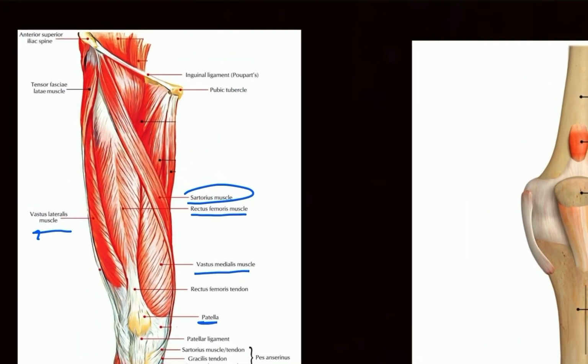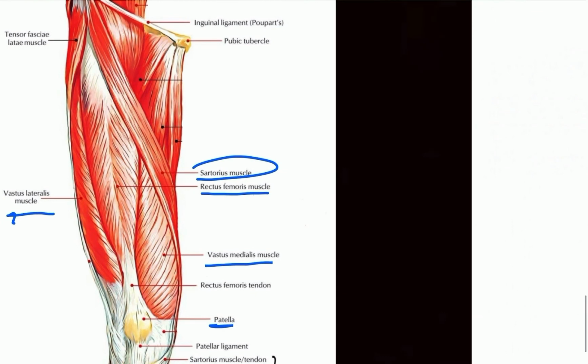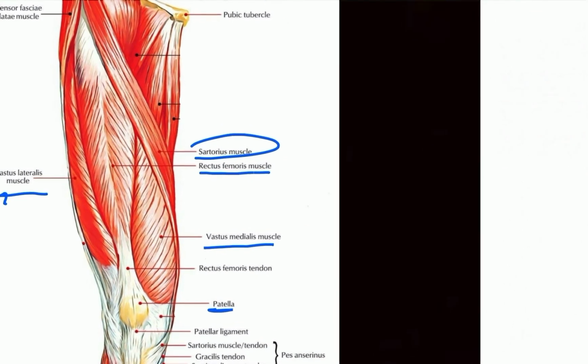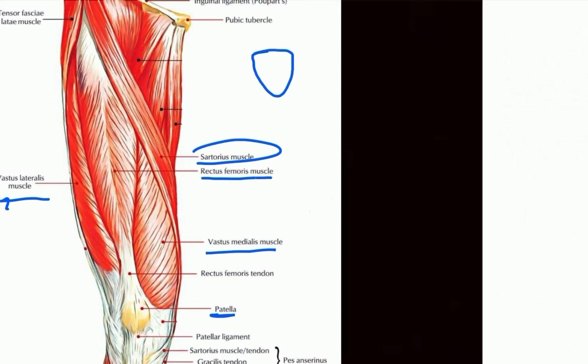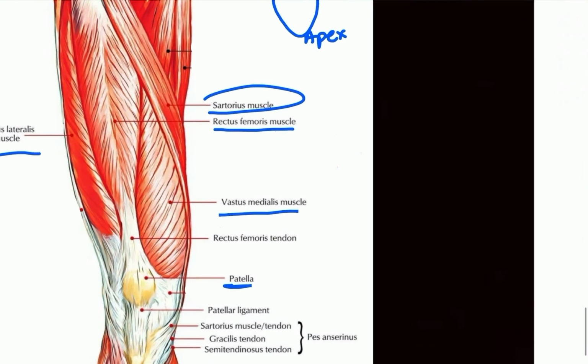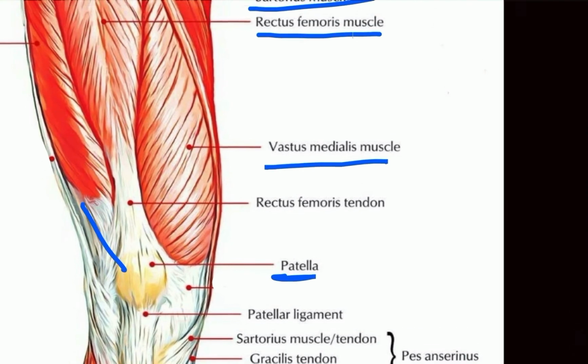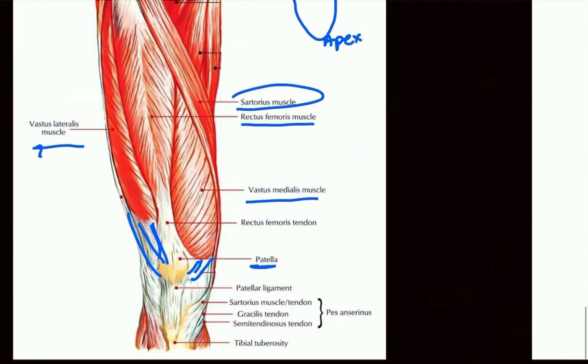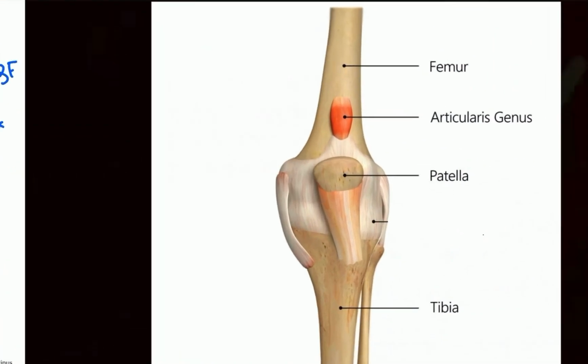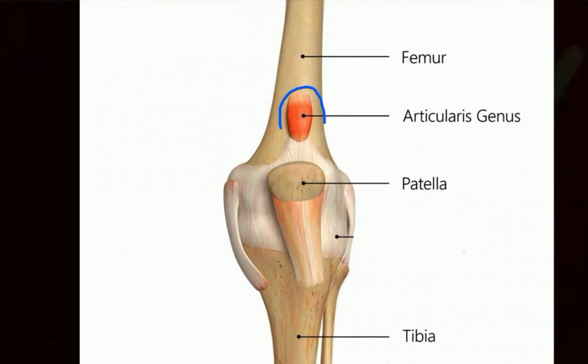And one more thing, you must know is that when we were doing patella, I said you that quadriceps femoris tendons will attach to the base of the patella. So we've drawn this patella like this, right? So this was the base of patella and down was the apex of patella. So on the base of patella was attaching the quadriceps femoris tendon, right? So patella was given the name as what? It was given the name of sesamoid bone because it is embedded in the tendon. So this is the tendon for the quadriceps femoris. Okay, this all part. So I hope this is clear. Now this is the articularis genu. It is very deep, situated very deeply, so it wasn't visible in that previous picture.